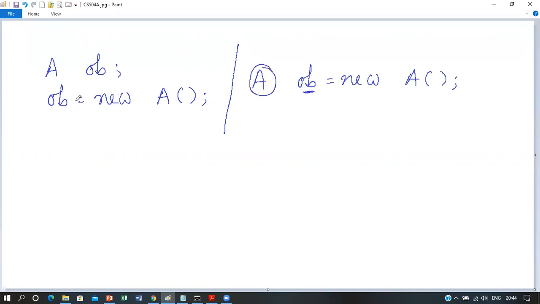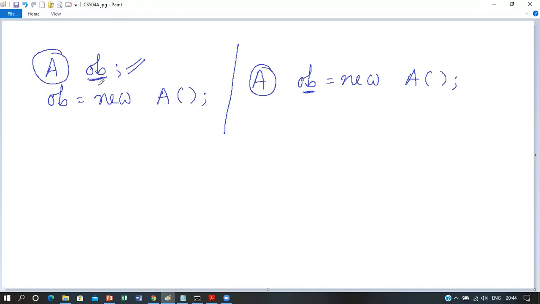And here I have written the same statement in two statements. The first statement is defining the reference variable of that class. This ob is the reference variable and A is the class type of which we are defining the reference variable.